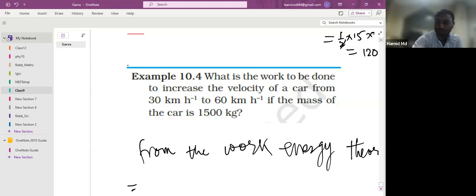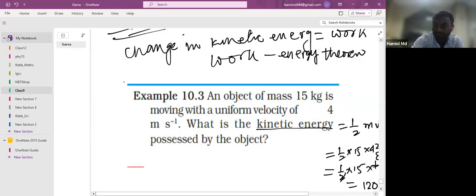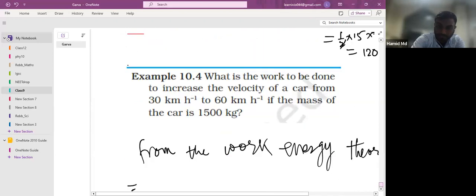So this is nothing but work done is equal to